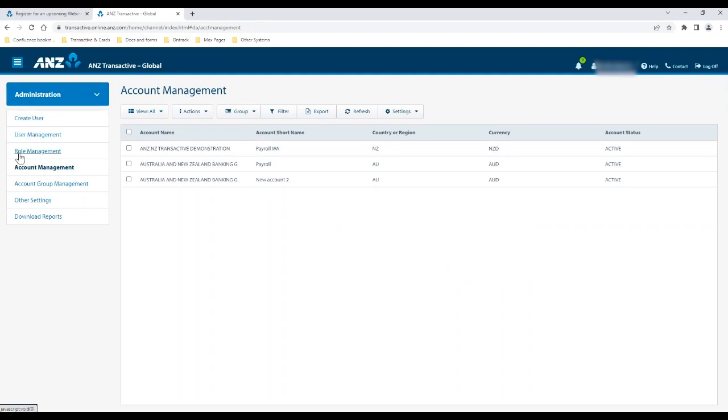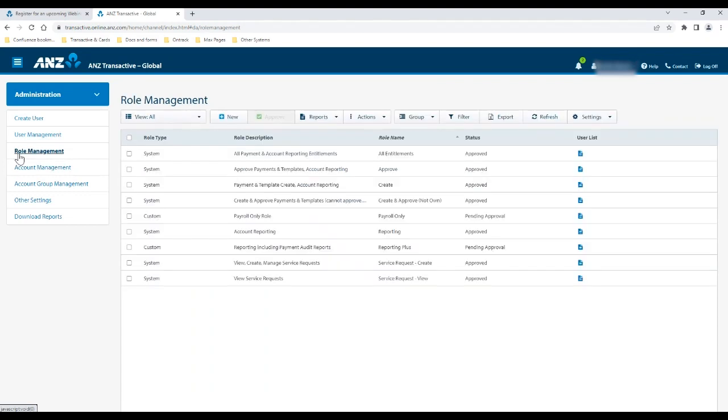So the next thing that we'll discuss is role management, which covers probably 90% of customer requirements, but there may be times where the role isn't suitable for you and you might want to create your own specific role. So if you want to have a look at what the roles are, we've got a name and a brief description as well. But if you want to see exactly what you can and can't do within the role, you can click into it